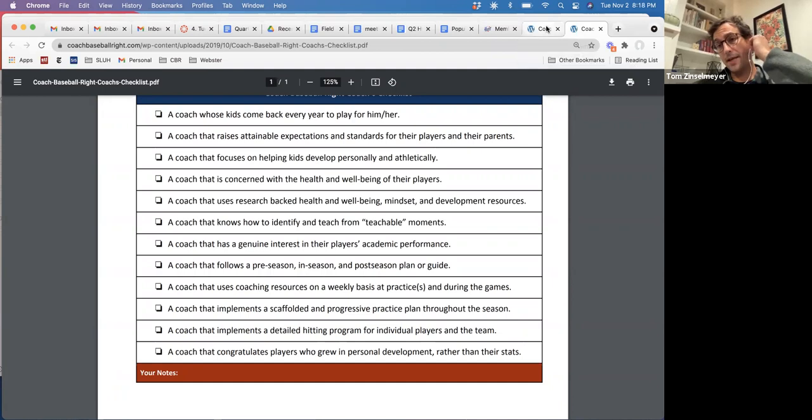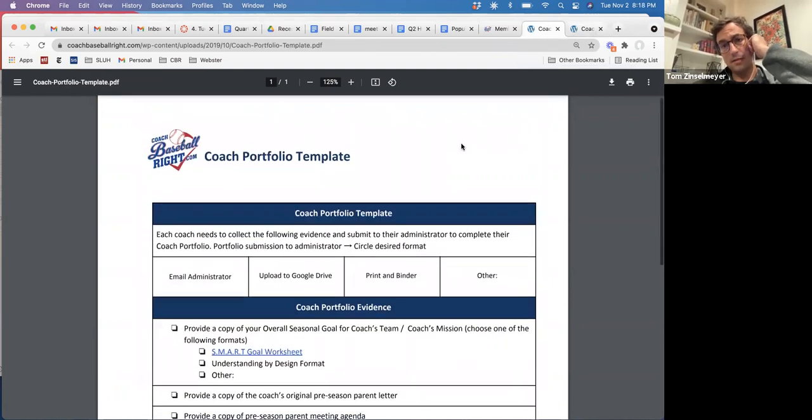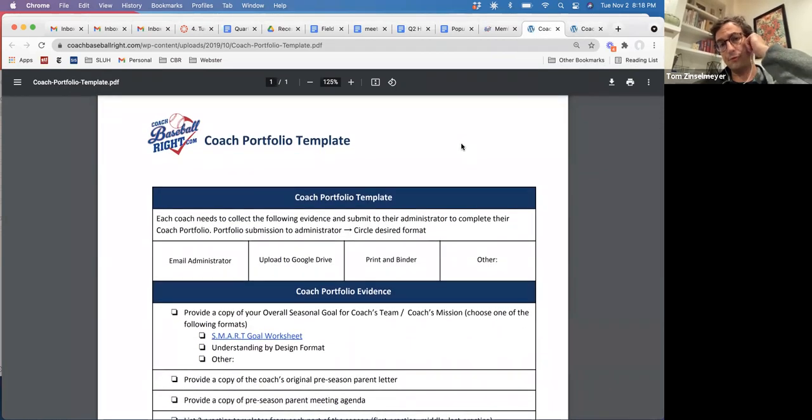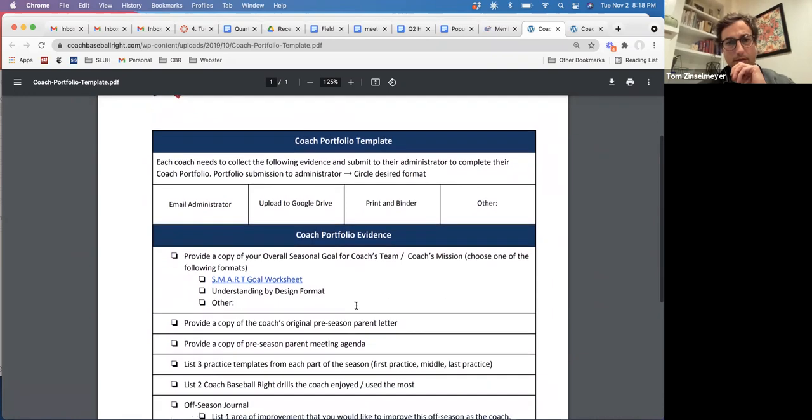I'll go ahead and pull up the last document, and this is the coach portfolio template. And this Steve and I hope can establish, once again, just a very basic level method of collecting information and establishing a standard, but also looking to see how people are progressing and adopting. Steve, do you want to talk your way through this a bit?